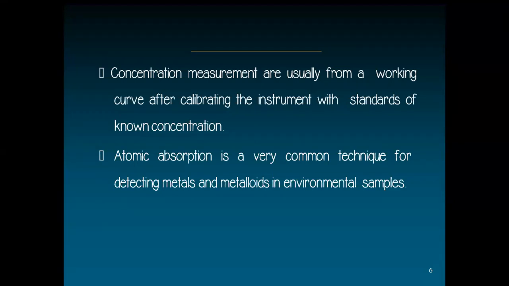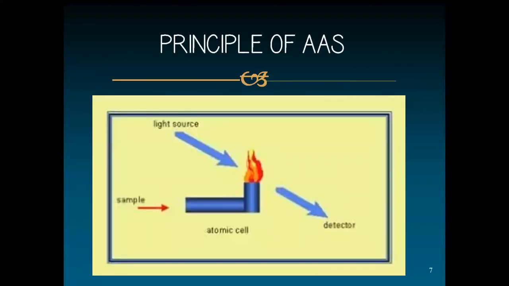Atomic absorption is a very common technique for detecting metals and metalloids in environmental samples. So here we can see in which direction we are moving with the analysis. So if we talk about the principle of atomic absorption spectroscopy, the sample is subjected to an atomic cell where